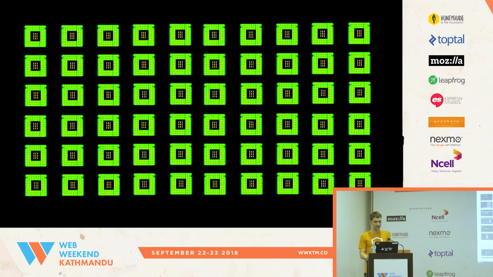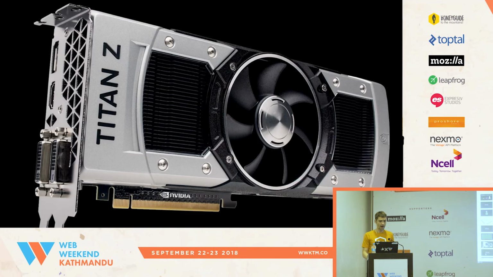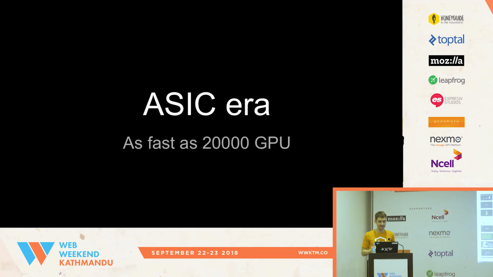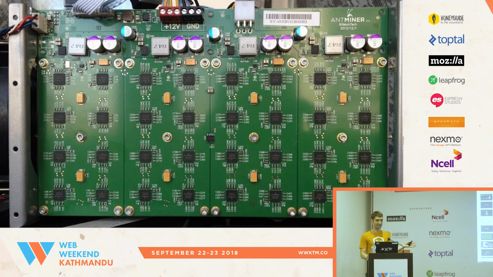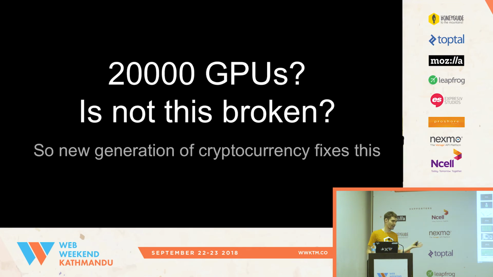But then some clever people decided, okay, why should we mine with expensive, universal devices? Because with these GPUs you can play games, and on the other hand you can mine. So let's invent a special chip, a very simple chip, whose only function is mining. ASICs are very efficient at mining, and if a GPU is like 1,000 CPUs, then an ASIC is like 20,000 GPUs, which is crazy. So now these people compete with each other, and using a GPU you can't compete with them mining Bitcoin. Only with an ASIC can you make some money.